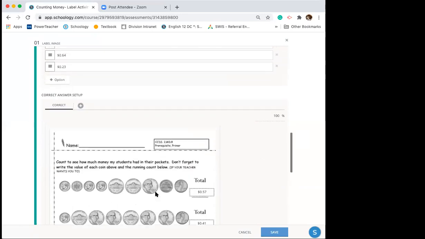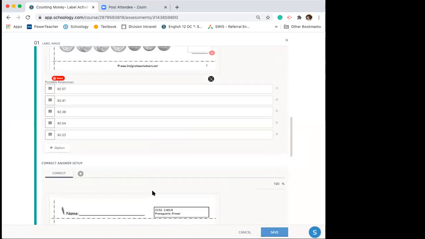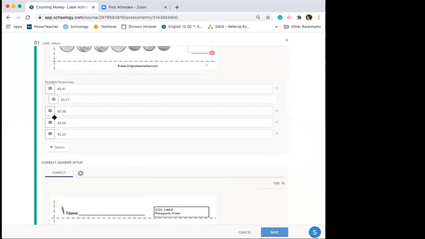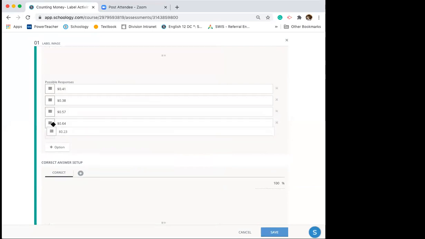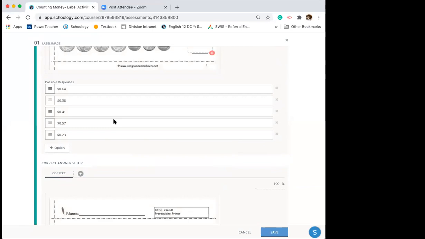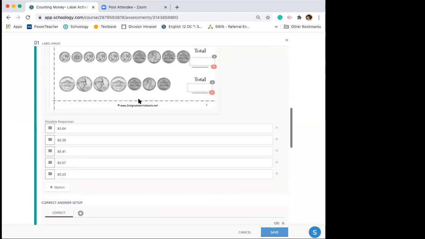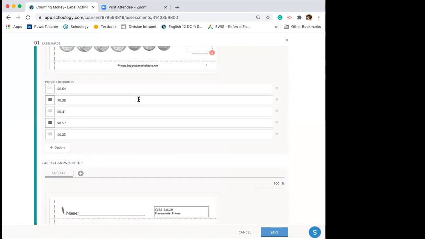But look what I forgot to do. So the correct answers are 57, 41, 38. I didn't shuffle my answers here. So I want to make sure I do that anytime I use a non-multiple choice question, or else students will figure it out pretty quick. So again, all this is you upload the picture, add the boxes, and it's now self-grading. So if you think about some of the activities that you're currently doing with PDFs that the kids are having,